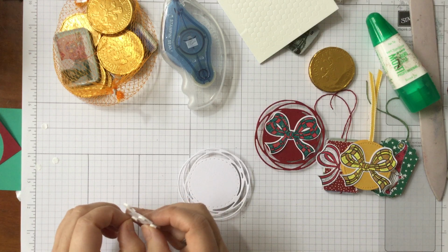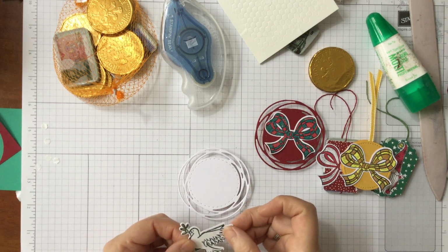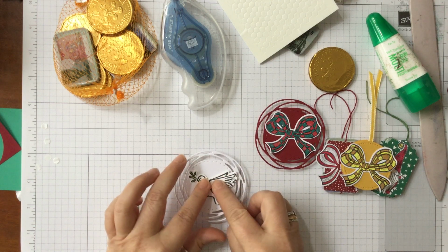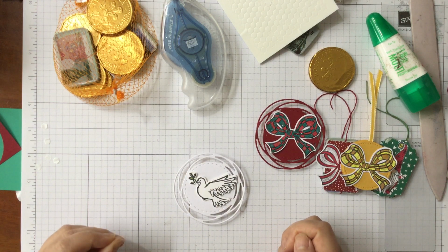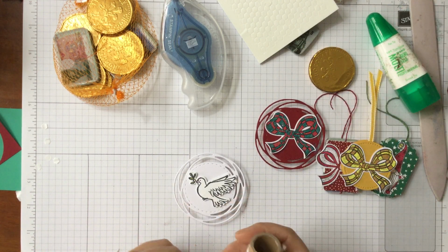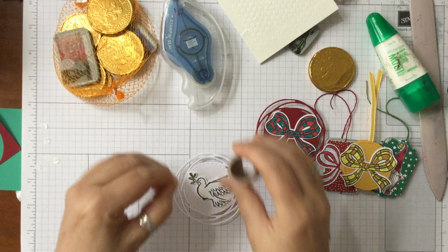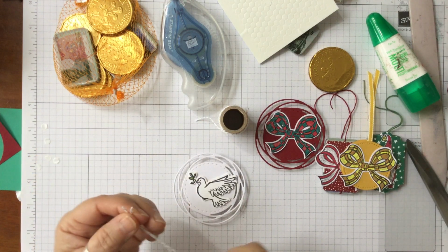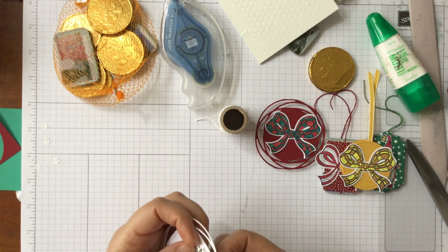And as I say, you can use ribbon or you can use twine, depending what sort of look you want to achieve. So this is just going to go into the center like that. And then you just need to put your little bit of twine or ribbon in on there, and I think I'm going to go for, I've got some of this white twine which is left, which is quite pretty, so I'm just going to take a strip of that, very easily just put it through on the back,